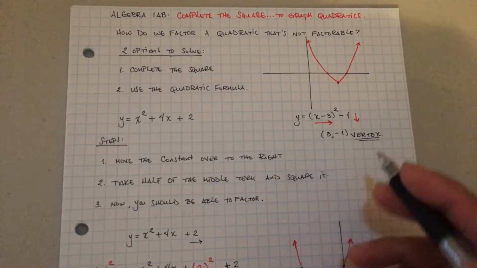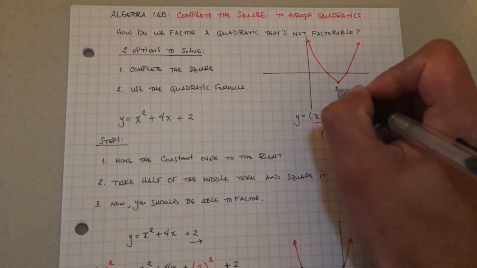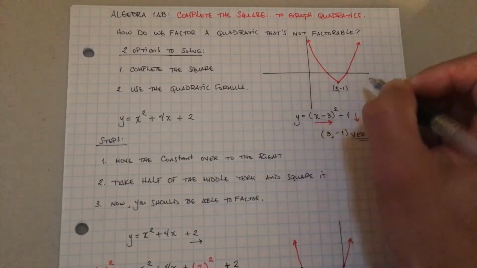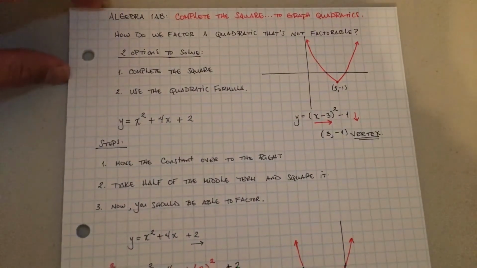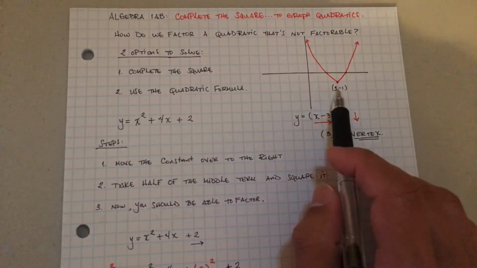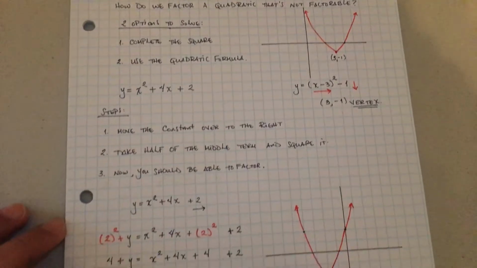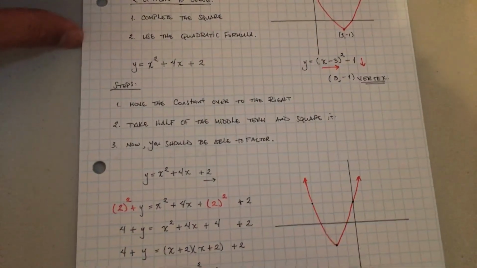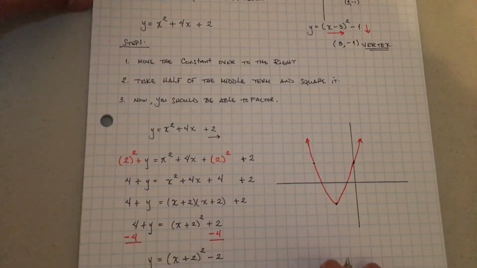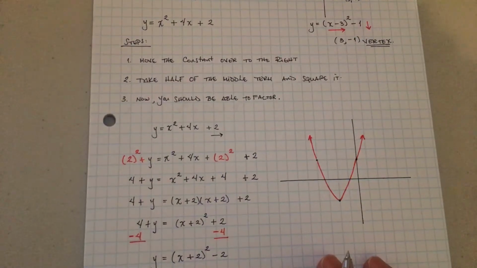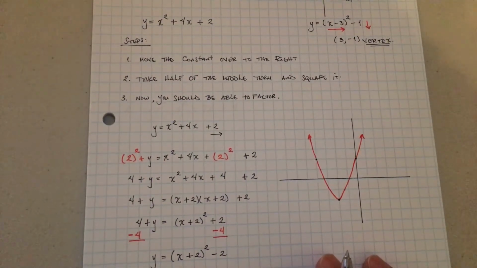That gives me the point of the vertex. So this is 3, comma, negative 1. And that's important because now I can give a quick sketch of the parabola, and that's what we use it a lot for. I want to help you understand how to complete the square, because you'll be using it in Algebra 2 for factoring, or actually for graphing more difficult